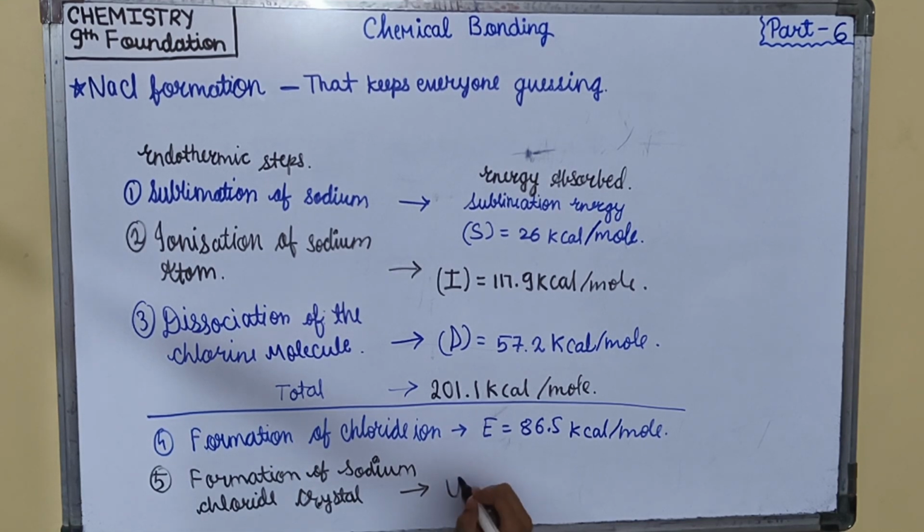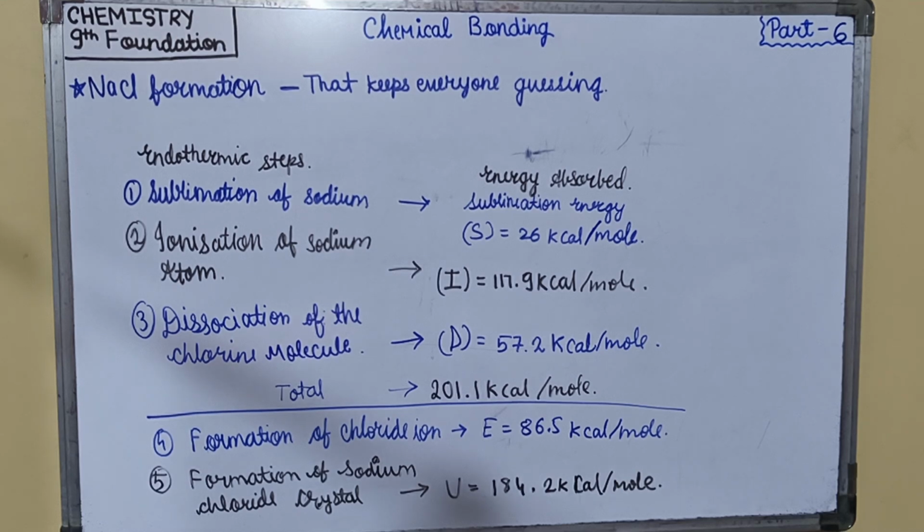Lattice energy, that is U, is equal to 184.2 kilocalorie per mole. The total of this is 270.7 kilocalorie per mole. So it's clear that the energy released, 270.7 kilocalorie per mole, is more than the energy absorbed,